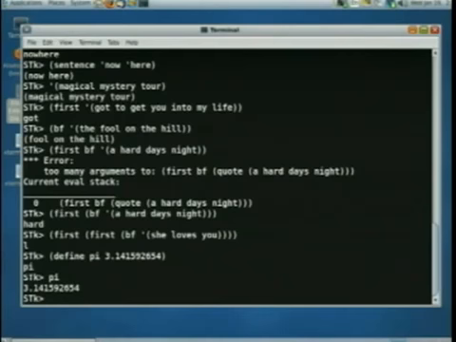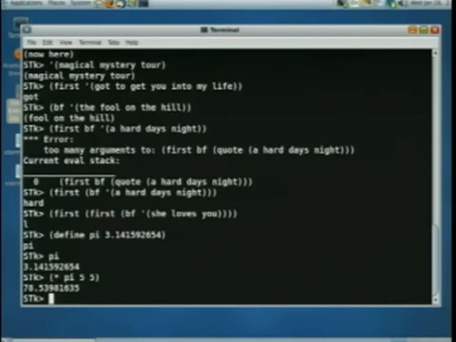Now, if I say five, and here's the area of a circle of radius 5. I can define procedures, and that